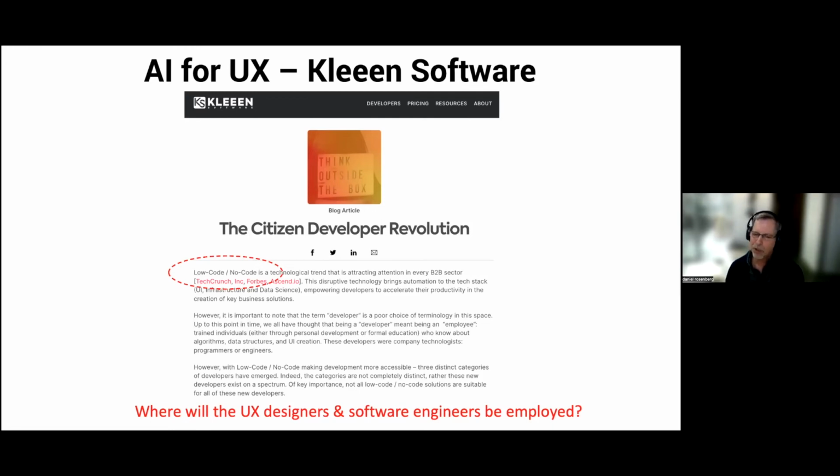But it has an interesting question for you guys. And I know you're in kind of a design strategy program, but if an AI can do all of this and write the code reliably, what's going to happen to all of you who want to have a career in UX design or in software engineering? Where will the jobs be? So let's have a minute to talk about that. Where would the jobs be? Will there be such thing as a UX designer in the future?